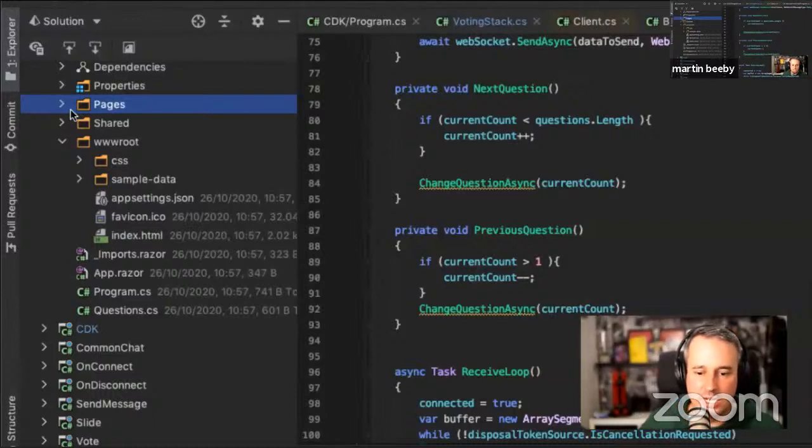So I think this model of building Blazor WebAssembly applications, creating static websites, hosting them on really cheap, inexpensive things like S3, and then using serverless services, which you only pay for when they're used, means that I can build this sort of voting application, use it once a month, and only pay 50 pence for the whole of that,